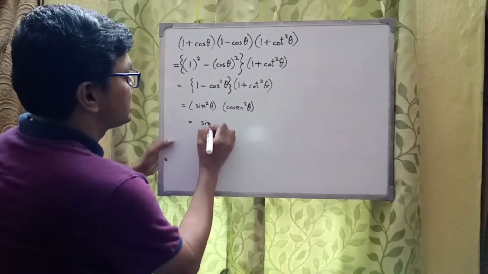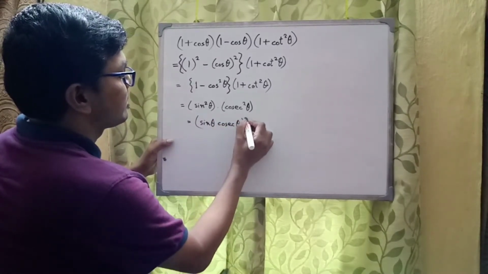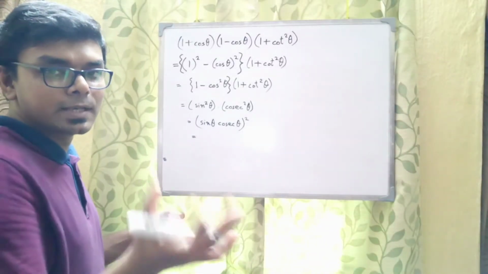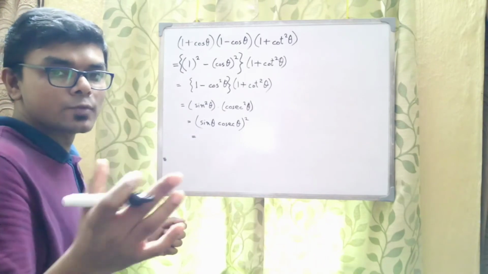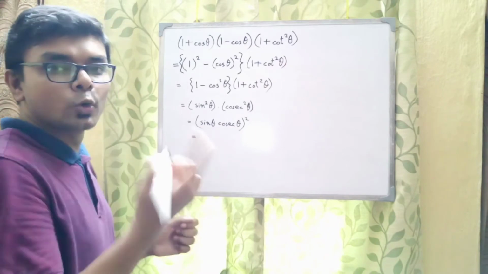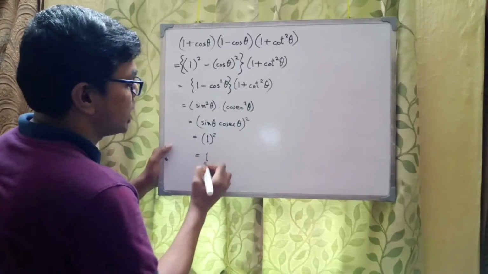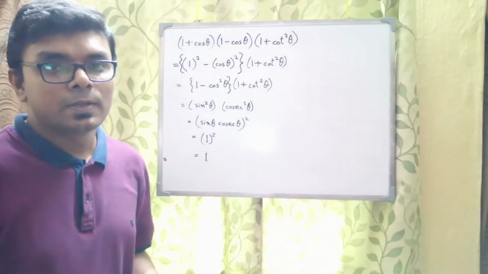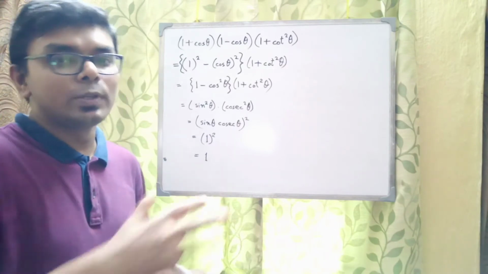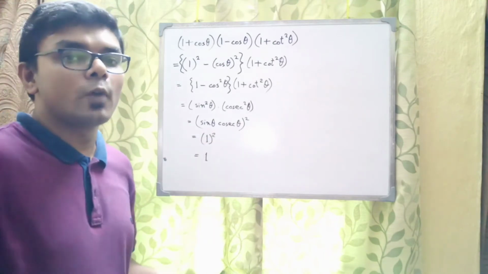This is actually sin theta into cosec theta whole square. Now since cosec theta equals 1 by sin theta, this is a basic identity which I have shown you in some previous video. We know that cosec theta equals 1 by sin theta, so sin theta into cosec theta is naturally 1, so this is actually 1 whole square, that equals 1, which is equal to the right hand side. So this identity is proved. So you see, actually it's just juggling with those identities. The more and more you practice this kind of sums, it will be easier for you. Now let's move on to the next sum.